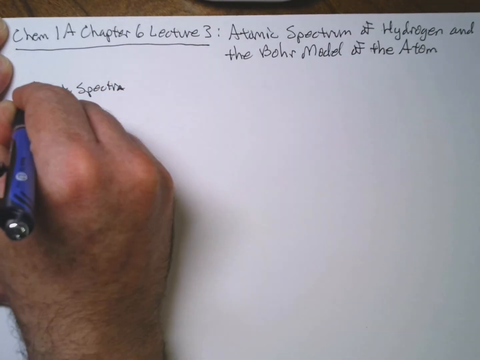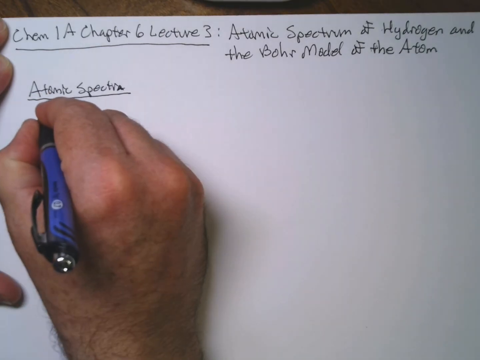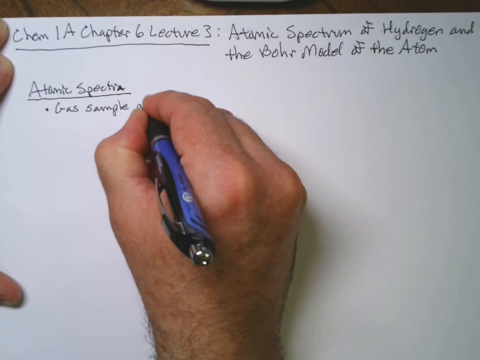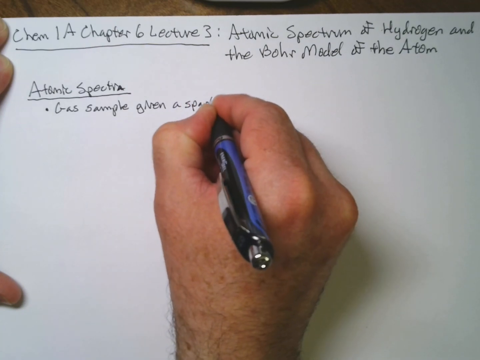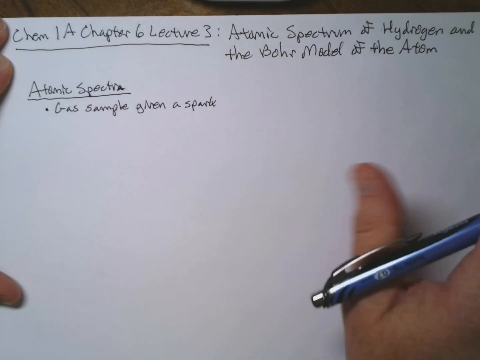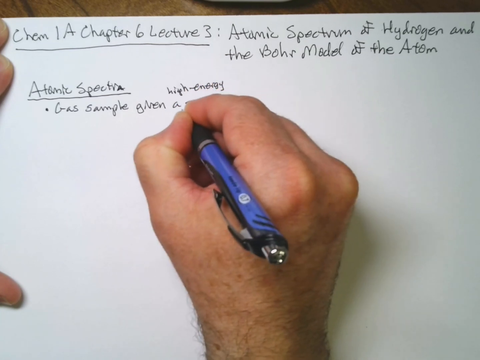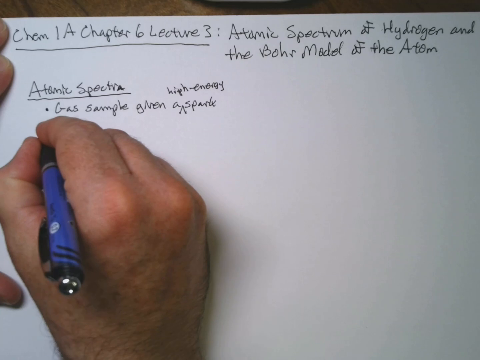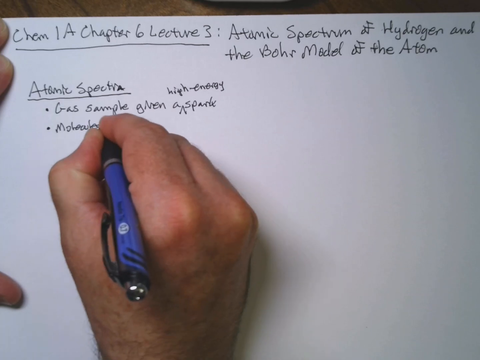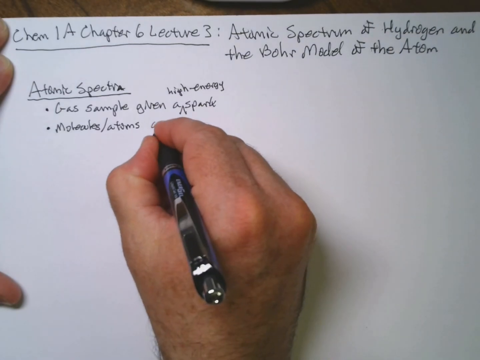atomic spectra, and we'll get to do a lab about this a little bit later on. So essentially, a gas sample is given a spark and without any oxygen present. And I should note that that's a high energy spark. And so the molecules or atoms, because you can do this with a gas like helium, absorb energy,